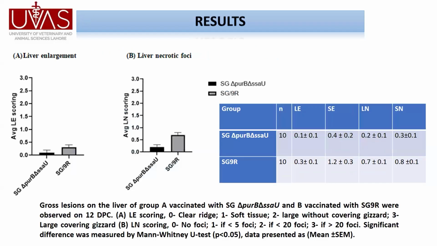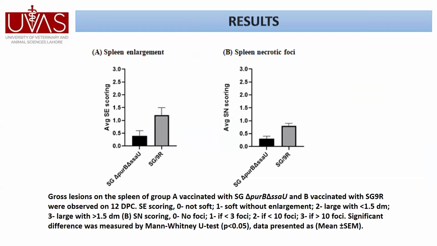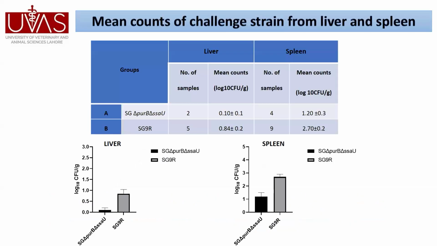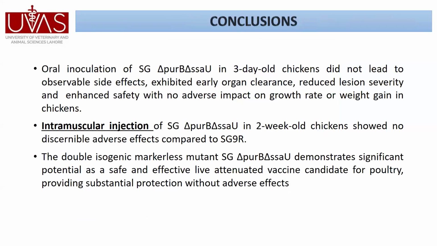You can see over here that liver necrotic foci were a little bit more in the case of SG9R, but in the case of our vaccine, there was no foci at all. And for spleen enlargement and spleen necrotic foci, again, our vaccine behaves better than the only established vaccine in the world. So this shows that our vaccine is very good at challenge and also very good when compared with the competitive vaccines. And so what we learned from this study is this,